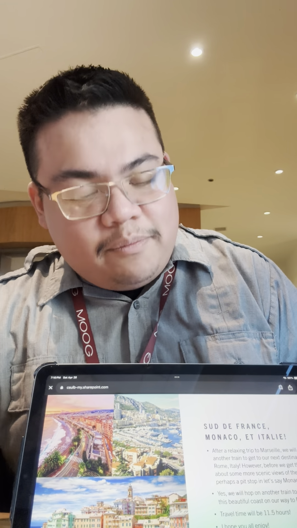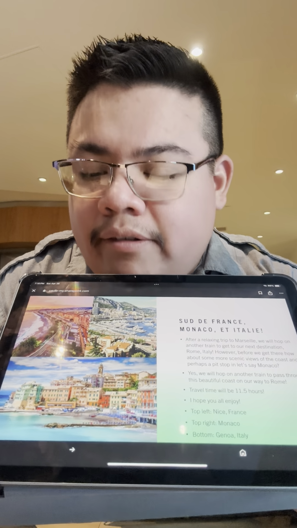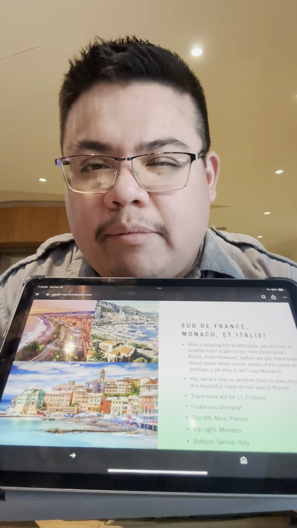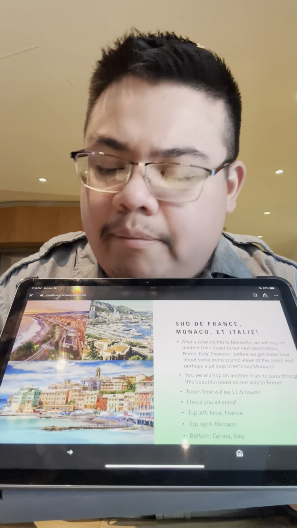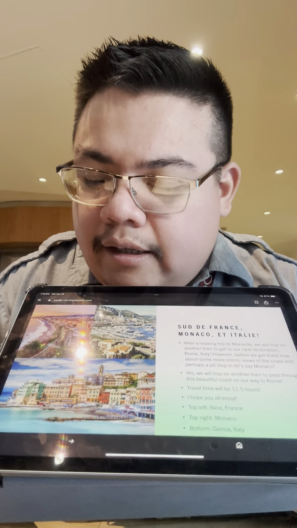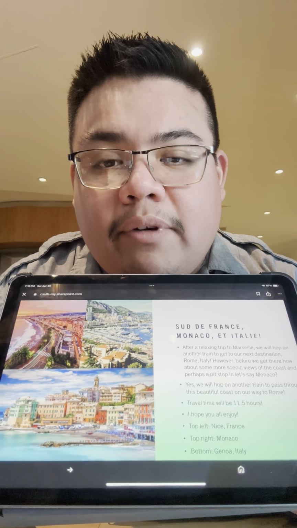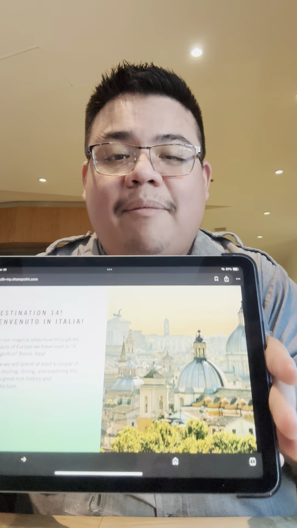And then at the bottom here, I have Genoa in Italy. You guys have seen the movie Luca. You guys remember the little town? Kind of similar to that. Similar architecture and type of small city that you see here in Italy. So we have now moved on from France onto Italy, and now we're moving on into Rome. So welcome to Rome, the capital city of Italy,